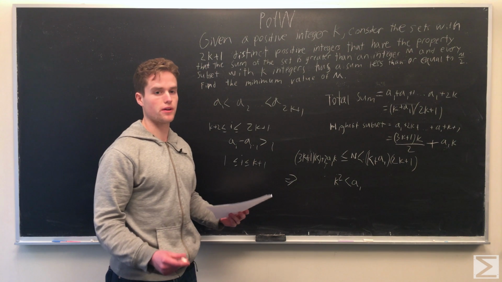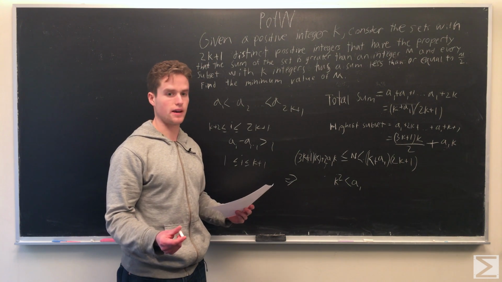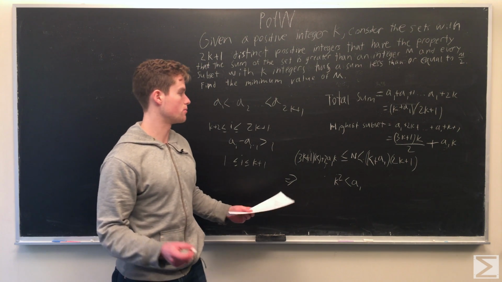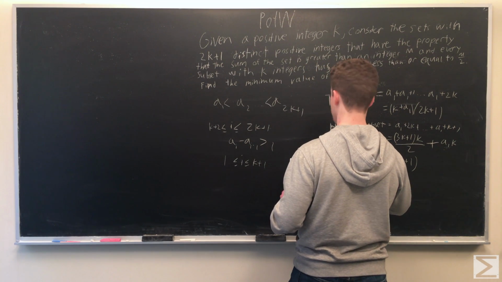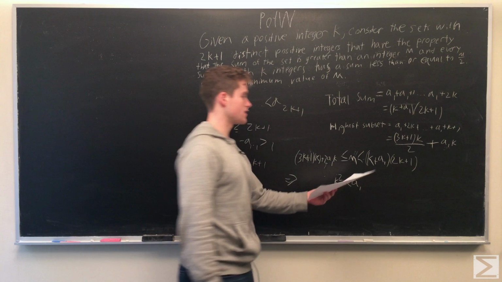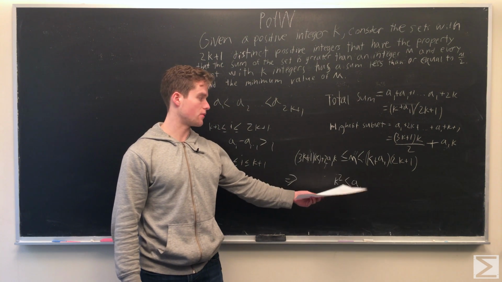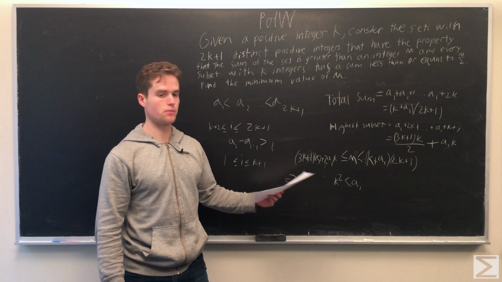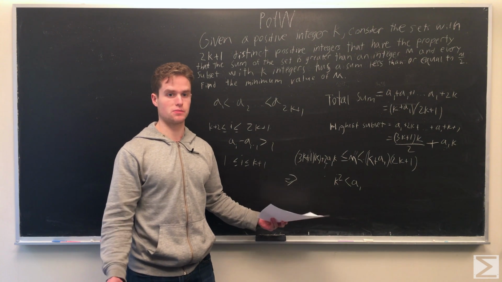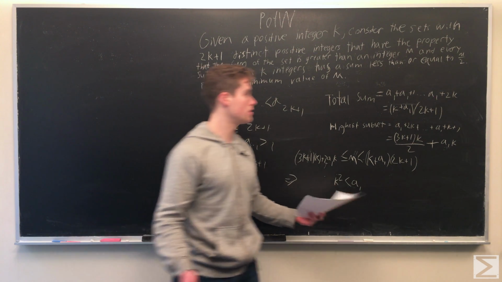So now we want to minimize this value. Sorry, this should be m. We want to minimize this value m, so we want to minimize a1. So we'll say a1 equals k squared plus 1. And then now that we have a1, we can actually explicitly calculate our total sum. So doing that,